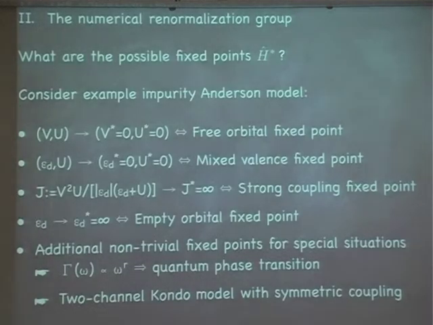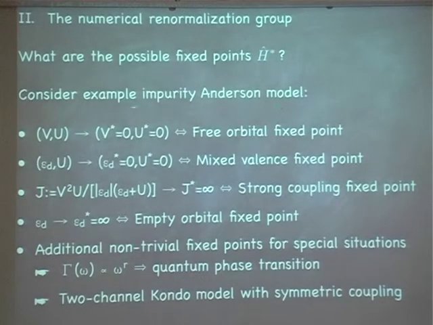But the fixed points we already know. The fixed points of the single impurity Anderson model are V going to V star equals 0 or U star, and U star can be anything. This is the free orbital fixed point. So the orbital is there, it doesn't couple, it's living happily alone on its own, and the band states are also happily living. So that's the free orbital regime. Then you can actually, with the fixed V, shift epsilon d to 0 and U to 0, which then gives you some filling in between 0 and 1. This is the mixed valency fixed point.